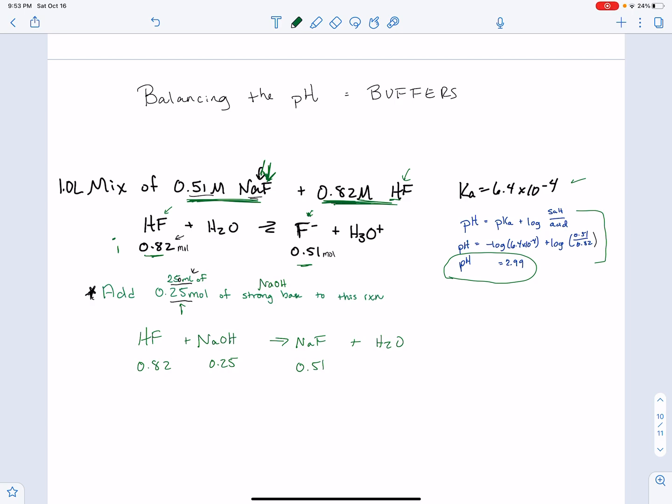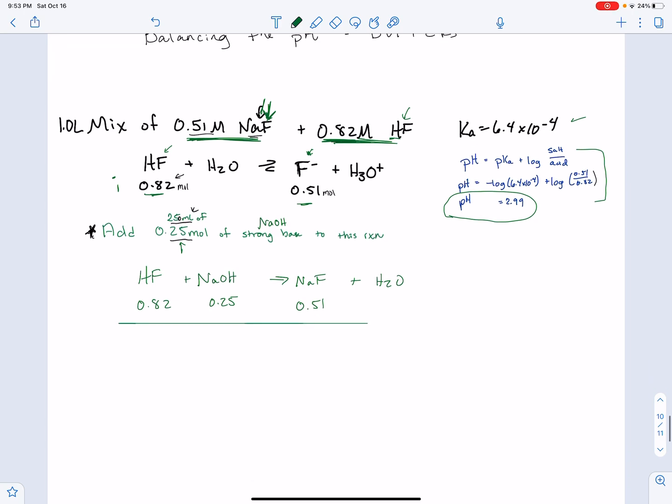Now, it works the same way as anything else. You're just looking for the smallest number, and you're just subtracting it out. So I'm going to subtract 0.25, 0.25, and I'm adding 0.25. And the water part doesn't matter. And when I do this, I'm going to be left with